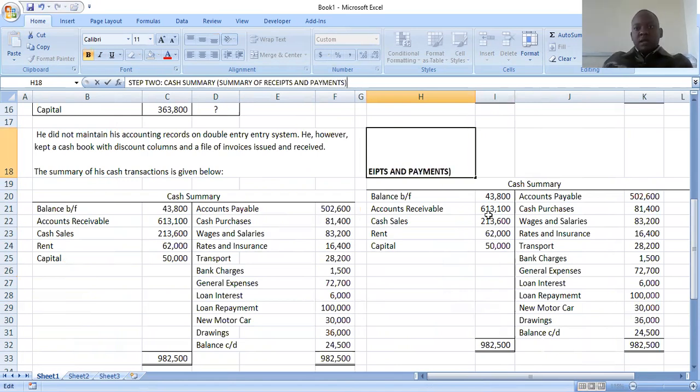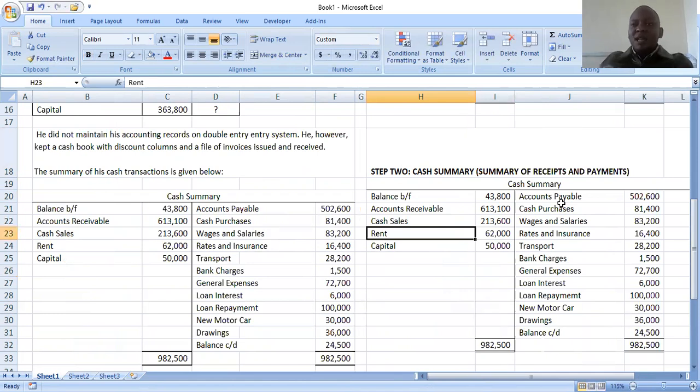So summary of receipts and payments, this is basically the same as the cash book. So what you are required here is to prepare the cash book. Simple as that. And then you move on to step 2, step 3,